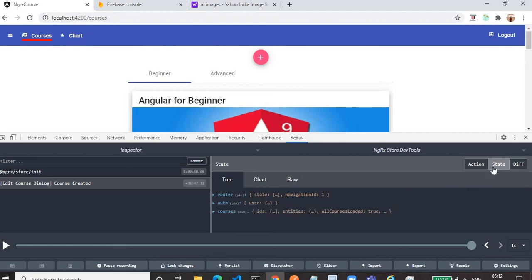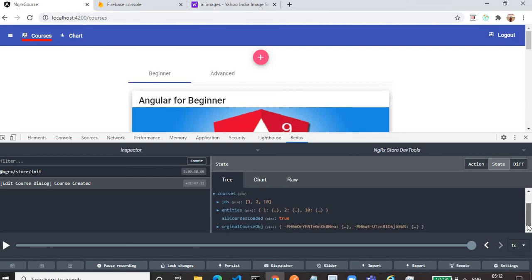If we go to the state, we'll find that the courses ID now contains 3 entries. So there are 3 courses. And if you go to the difference tab, you will see the difference which is being made.